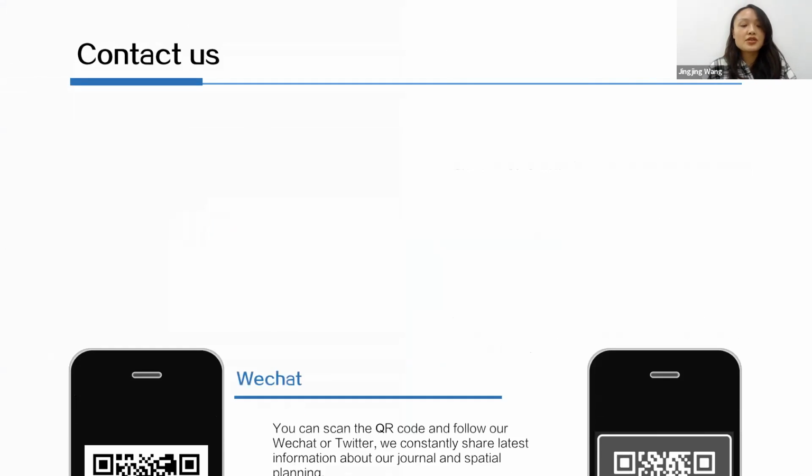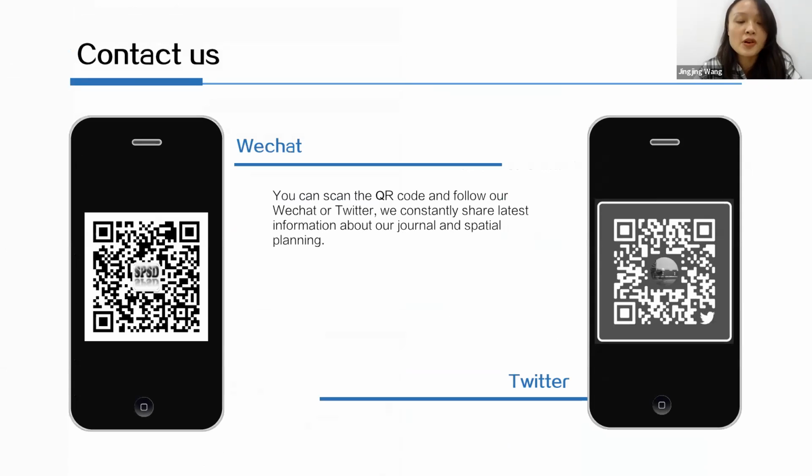Now, here's today's sharing about how to form our research paper from my aspect. And of course, some rules differ according to different disciplines, and my experience is more about the urban planning and architecture field. So anyway, your hard work in the research will pay off in your paper. And I hope you will succeed in the process.